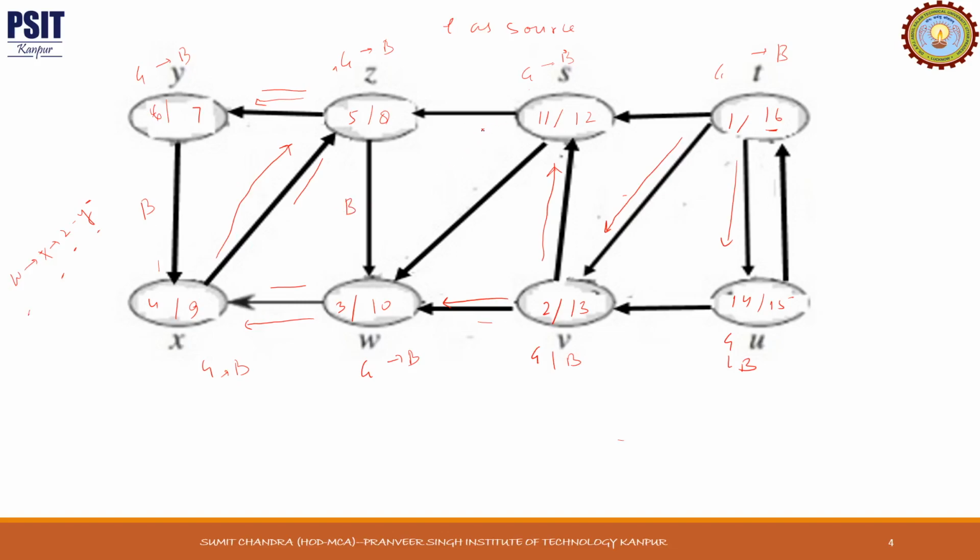Coming to this edge, it is not in any path, so cross edge. Coming to this edge, B to S, and from S we are not going anywhere, so this is not in a path, cross edge. Coming to this, TBS, so T to S, so basically ancestor to descendant, this is a forward edge. Coming to this, the path is TU, and this path we have not chosen any, so this is a cross edge. And again TU, so this is a backward edge because descendant to ancestor. So in this way you can solve the complete question.